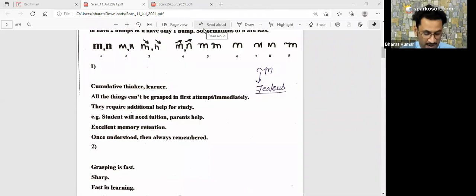The ninth type of M is 100% a negative M. I have explained it using a larger structure here. This wavy kind of hook in the M is a highly negative trait. It is all about jealousy. So if you find this kind of trait in an M written by any candidate, please work on that. This is a very negative trait, type 9, and one should always avoid this type 9.